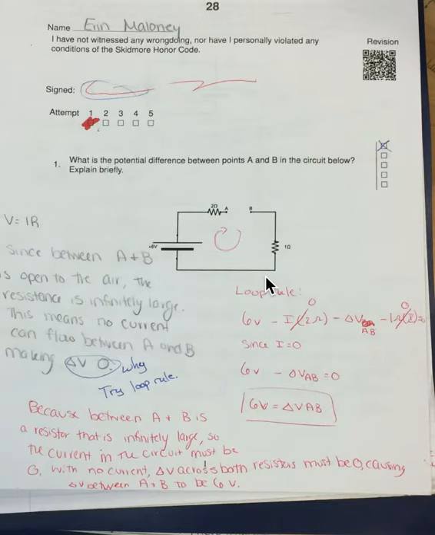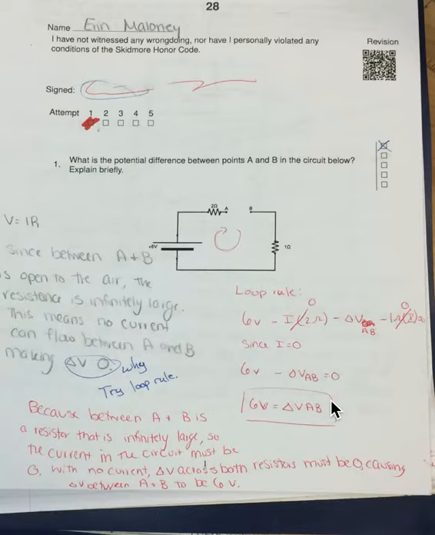For assignment 28, number 1, when I finally decided to use the loop rule, I found that the potential difference between points A and B was 6 volts. Since between A and B is like an infinitely large resistor, it's impossible for current to flow in the circuit. So the voltage drop across the first resistor and the second resistor must both be 0, and so then the potential difference must be 6 volts